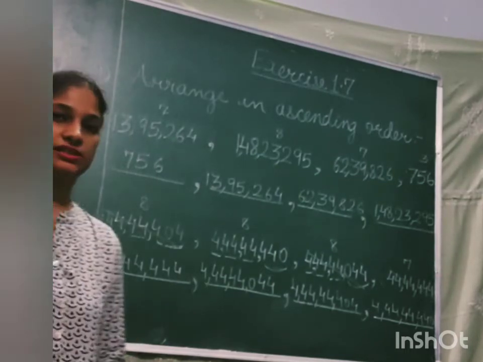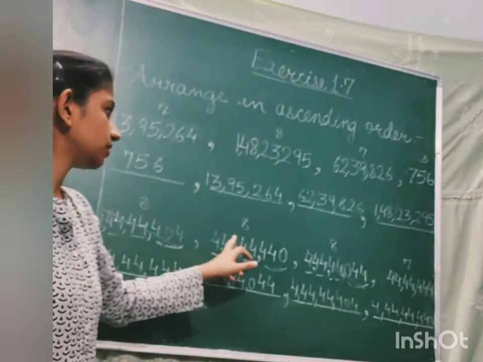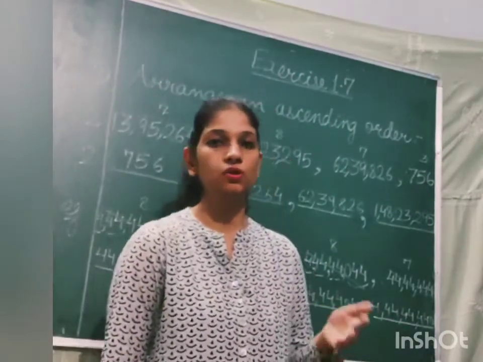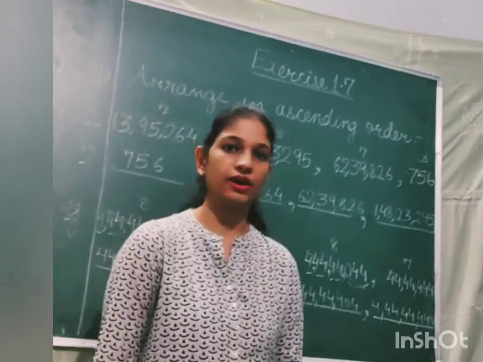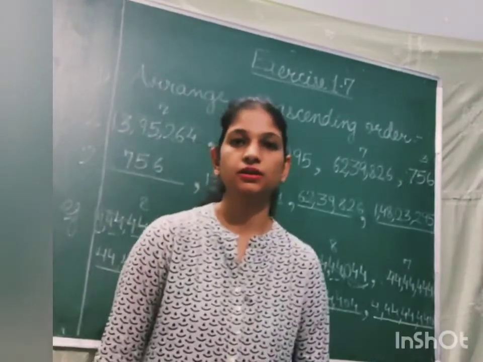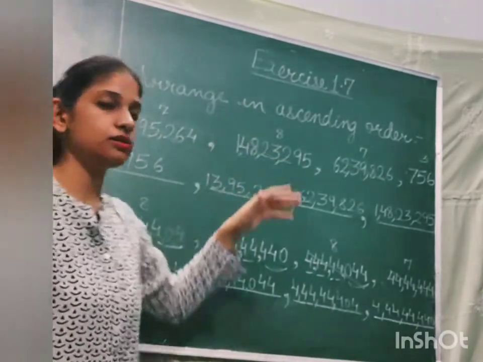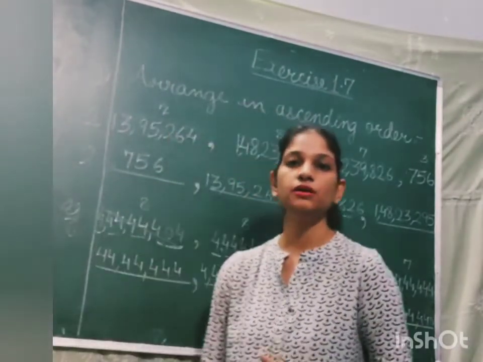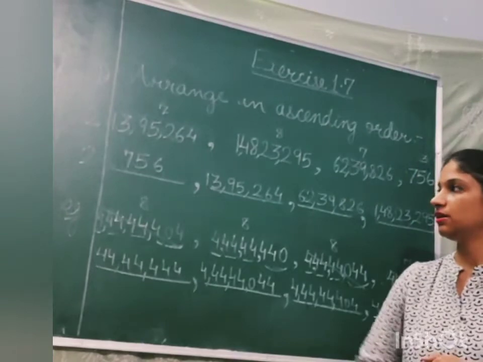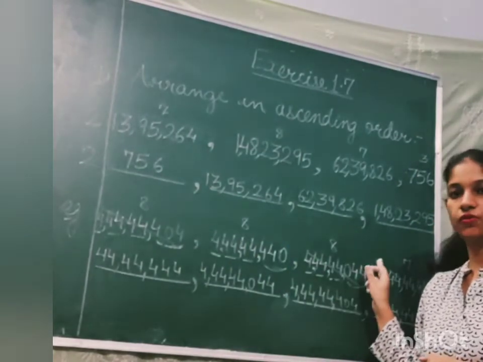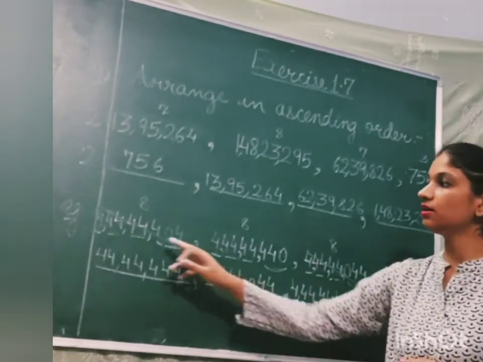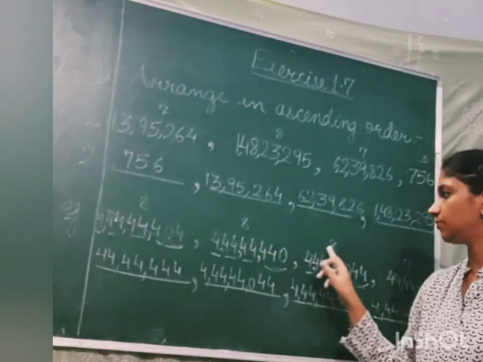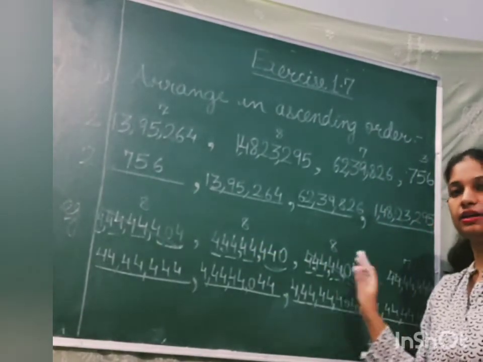Similarly, you will also do descending order. Just write down the number of digits and then arrange them from the biggest to smallest. Understood? I hope it is clear to you. Ascending order, we'll arrange from smallest to biggest. Descending, we'll arrange from biggest to smallest. Write down the number of digits. If you feel the question is very confusing, if it has the same digits repetitively, first write down the number of digits present and then compare.